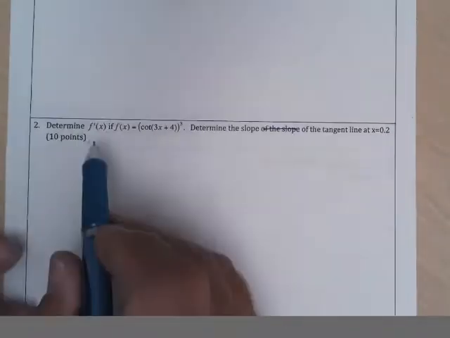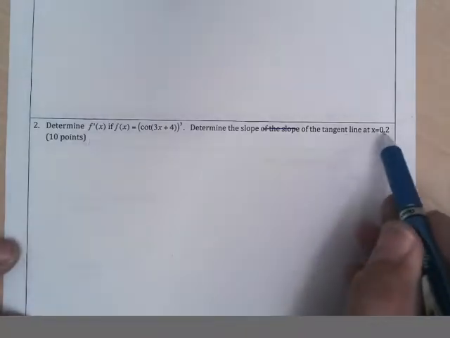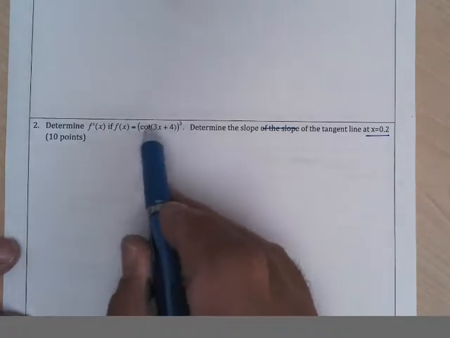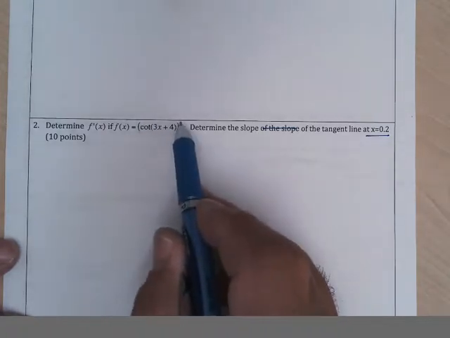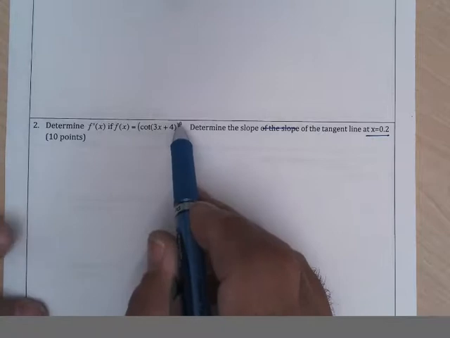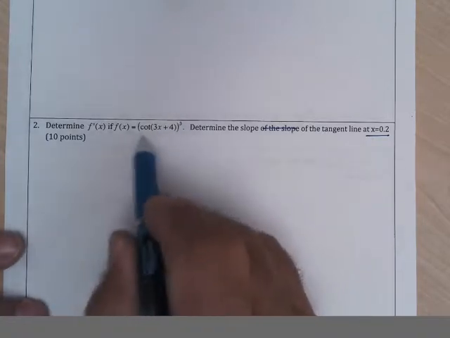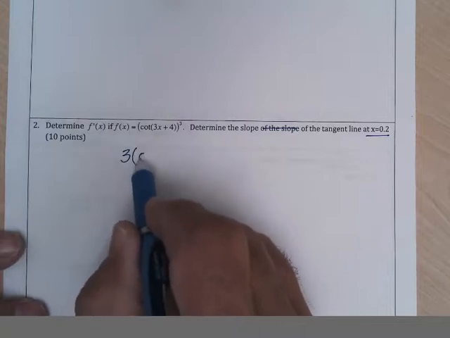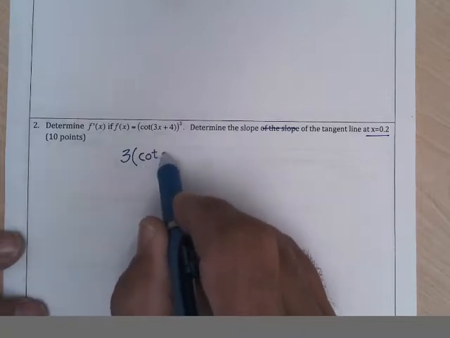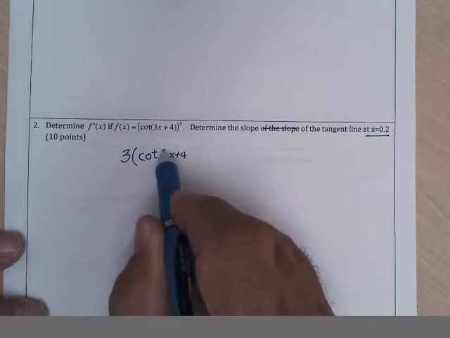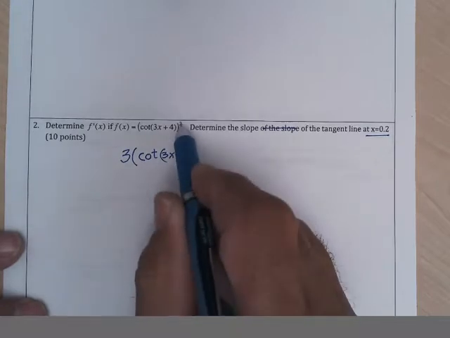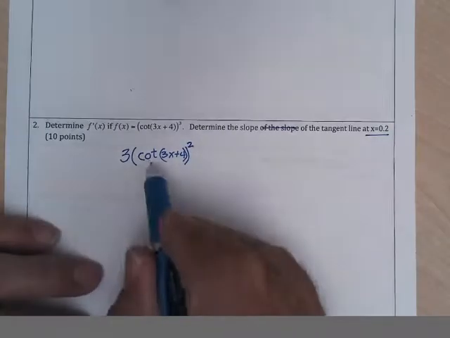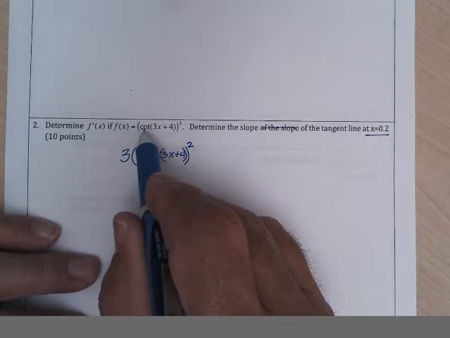Okay. Now we're supposed to find the slope of the tangent line at point 2. And so we have cotangent to the third power. So we got stuff to the third. The chain rule says, if we got stuff to the third, we take 3 times that stuff, whatever's inside, to 1 less power, squared, and then we take times the derivative of the inside, which